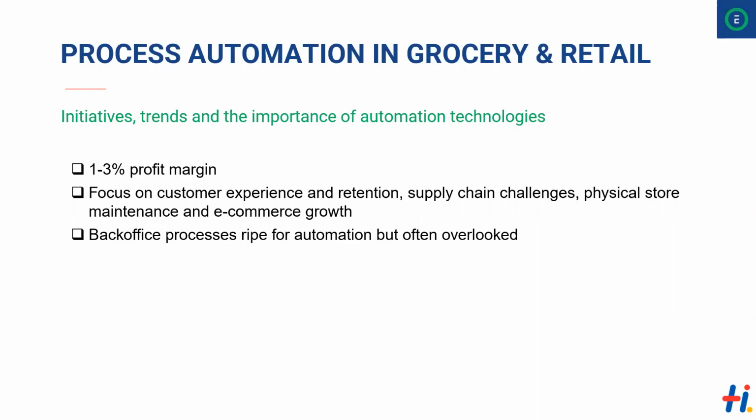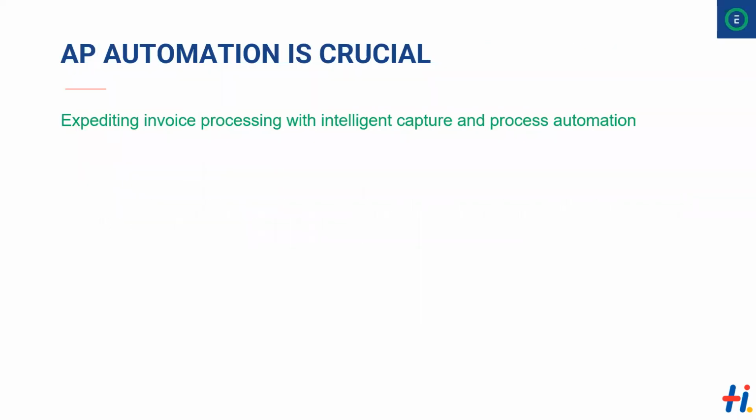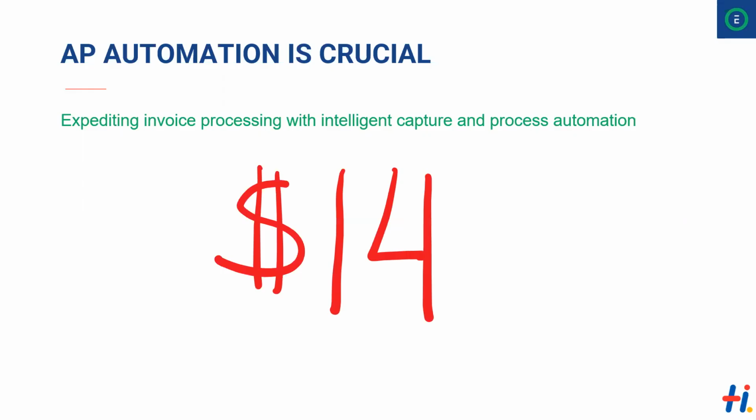So it makes it just this very ripe niche, if I can use a grocery pun there, within this particular industry for return on investment, because automation has the potential to help that bottom line. Now, we've all heard, specific to accounts payable, that number 14. It's a pretty commonly thrown around number as the average cost for processing a single invoice. And that's pretty darn expensive.